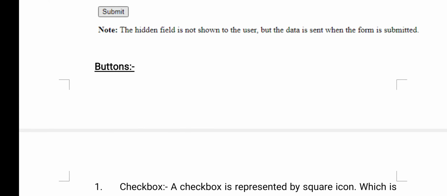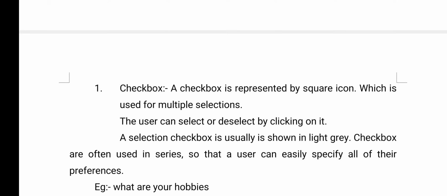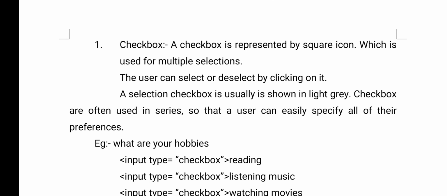Now, the next input type is a button. I'll give you one example. In Facebook, you give a username and password. After giving the username and password, you click on the login. Wherever you are clicking with your mouse pointer, that is nothing but a button. For example, you click on save, or after giving a location, we click on that particular rectangular box: saving, login, register. We are clicking on it using the mouse pointer. Those are called buttons. In web technologies, we have different types of buttons.